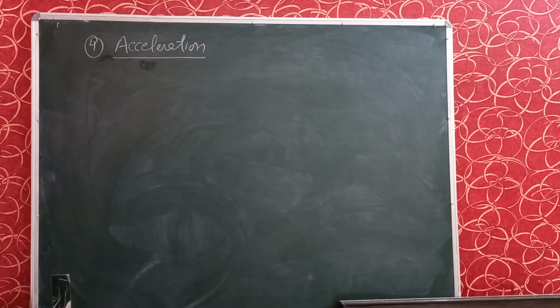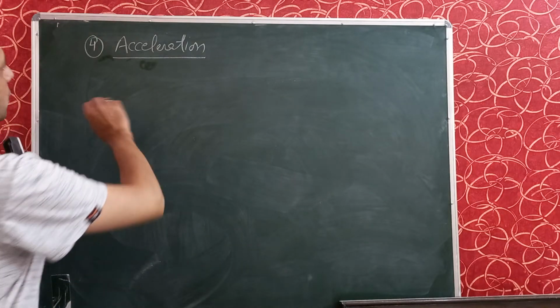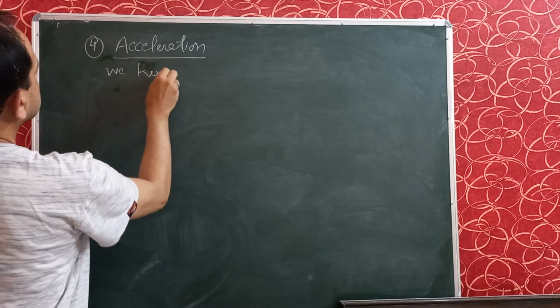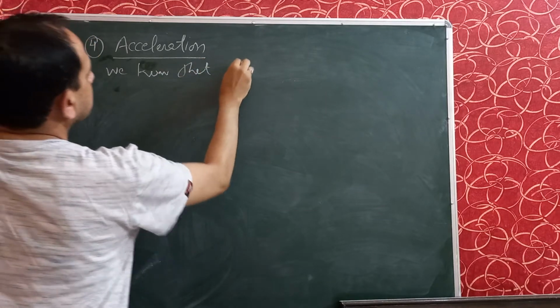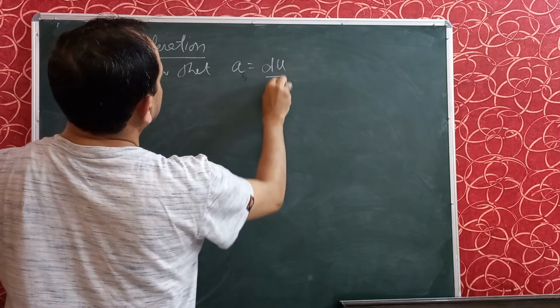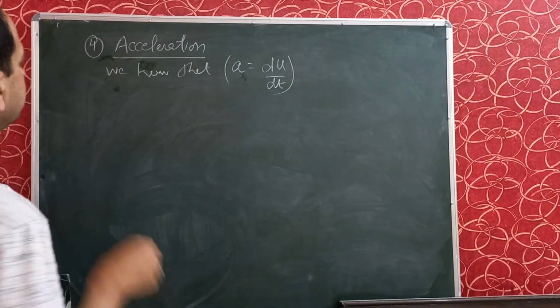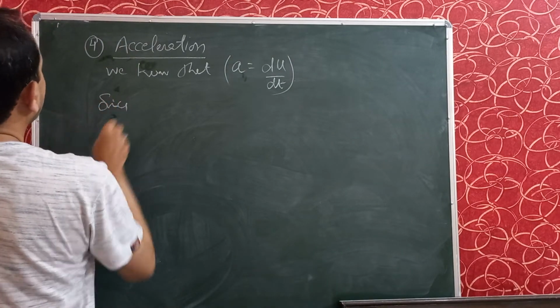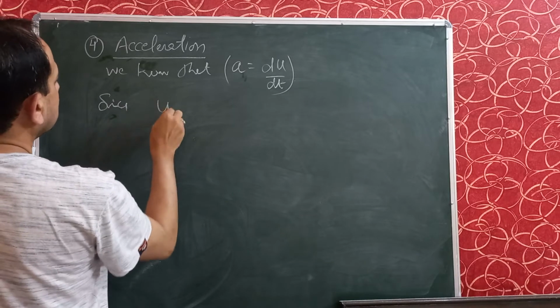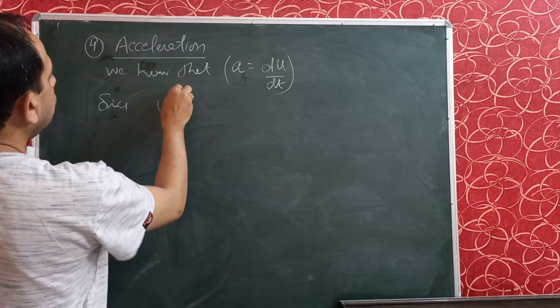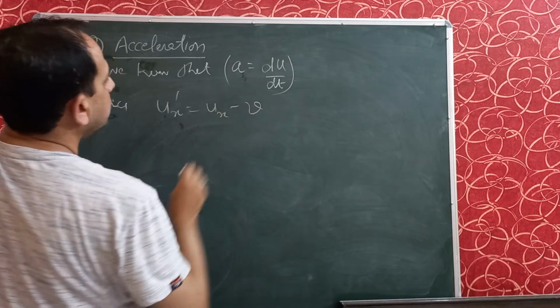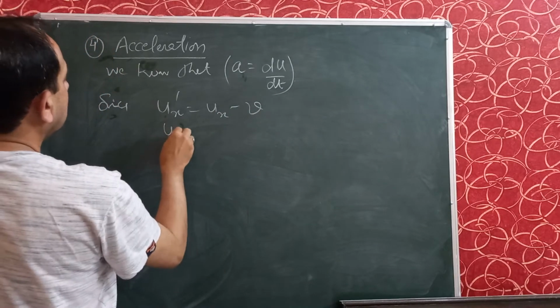Now the next topic is acceleration. That is, we will derive the relation of acceleration in S and S dash frame, that is, the Galilean transformation equations for acceleration. We know that acceleration is the rate of change of velocity, and we have the equation for velocities, that is ux dash equal to ux minus v, and uy dash